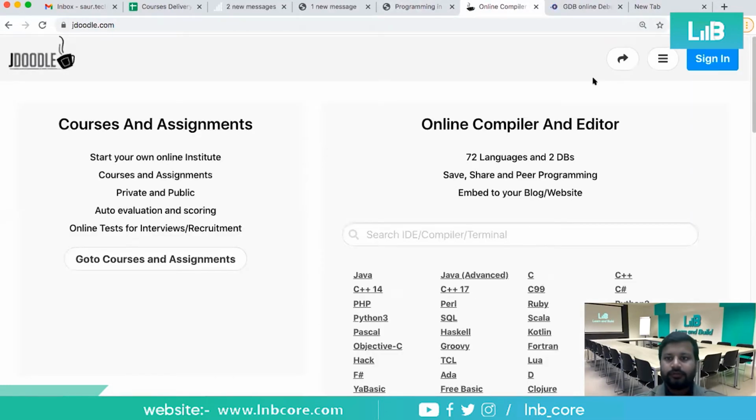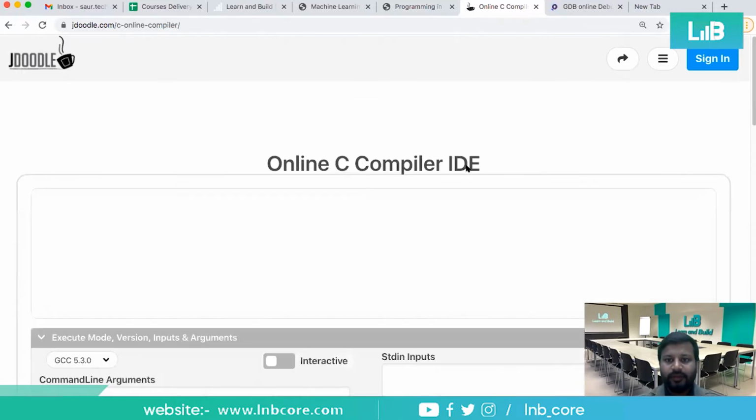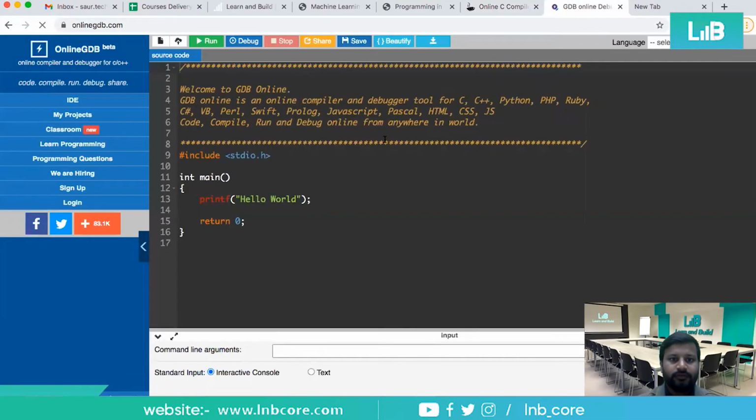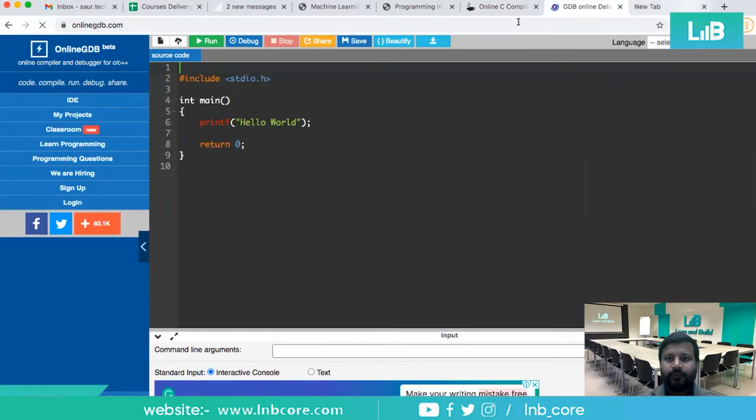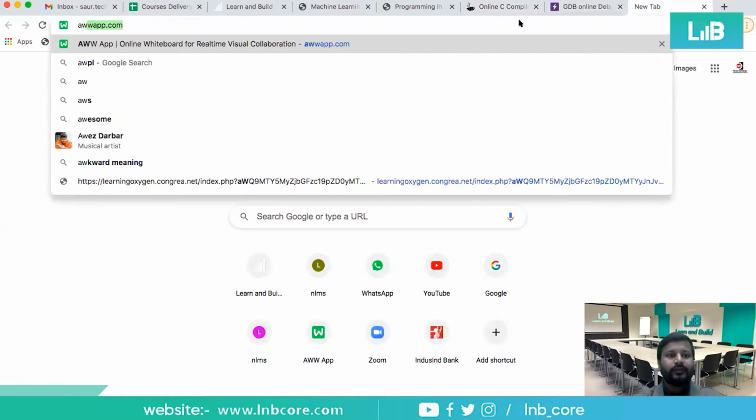Okay. So let us understand. I have opened both because if the result does not come properly in one, we can go to the second one. Let me remove this. Let me put this in the editor.